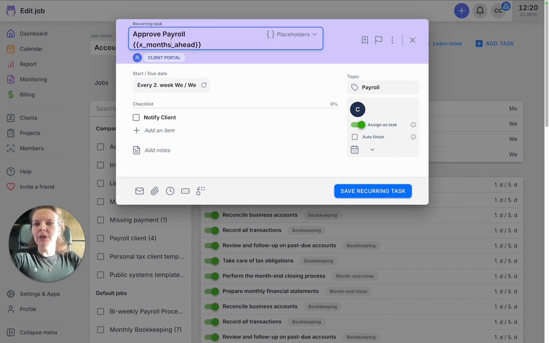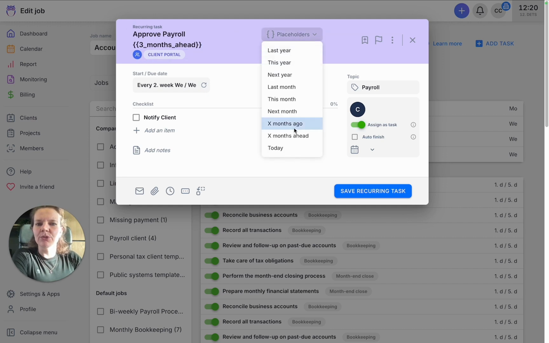So if you want this title to have a 3 months ahead placeholder, to have whatever month is in 3 months into the future, you can show that here in the title of the task. The same goes for looking into the past, if the task is supposed to capture a few months back to the past.